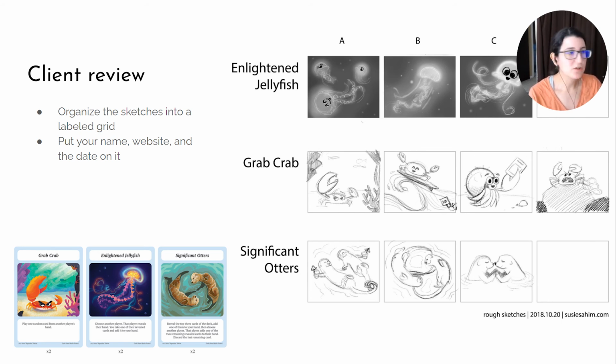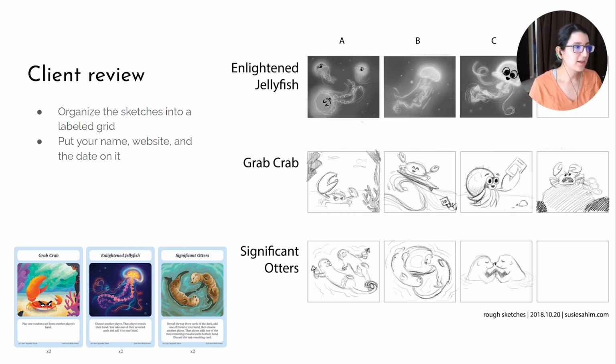Now with the jellyfish, you'll notice I used tone. I used some shading in there. And I did that because I knew that this particular card is meant to be a jellyfish that's lit up. The lighting is essential to this particular illustration. So it made sense for this rough sketch that I sent to the client to include some tone so that it was really clear what it was going to look like compositionally, how it was going to glow and everything like that. But you'll see it's black and white. No time is spent on color or anything.